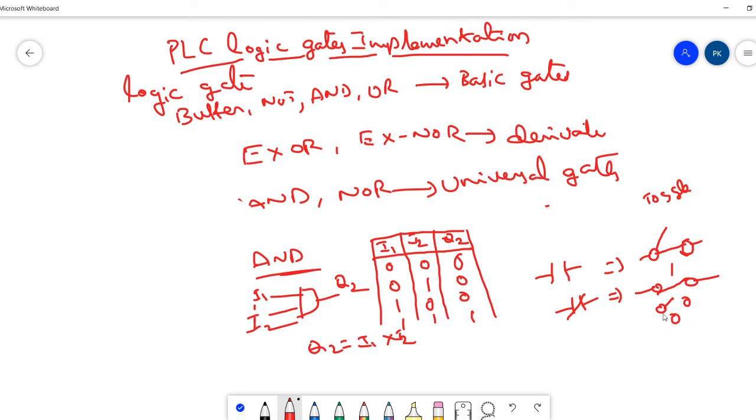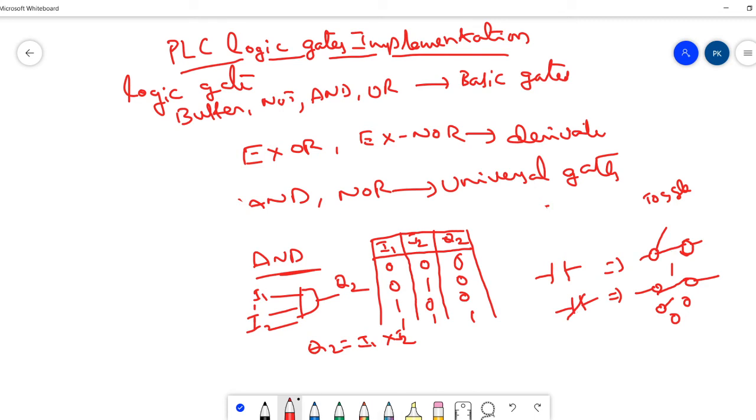So this is the operation of the normally open switch and the normally closed switch. Simply, when a normally open contact is energized by the power supply, it makes the contact. When a normally closed contact is energized, it breaks the contact. That is the difference between the normally open contact and the normally closed contact.